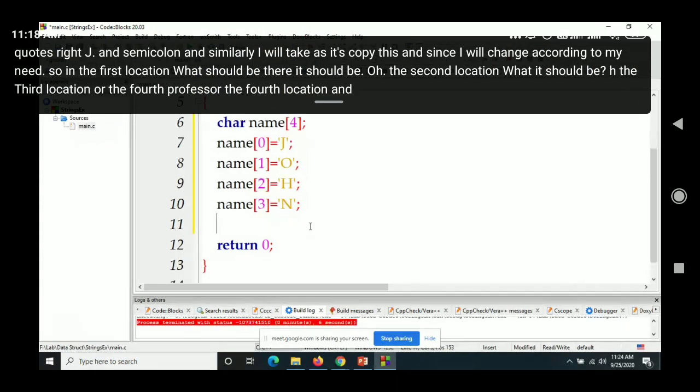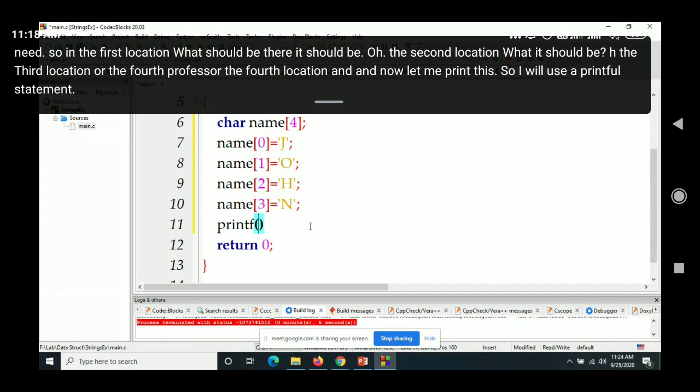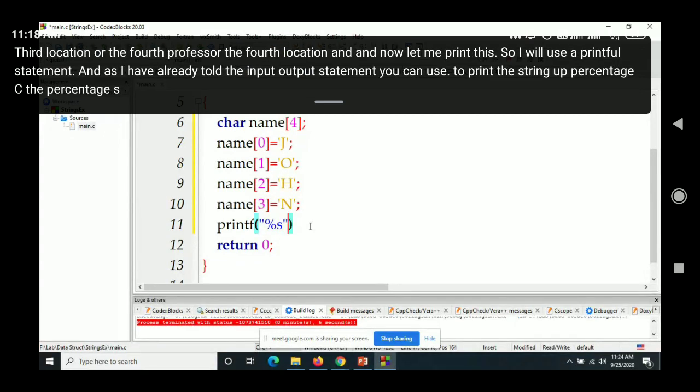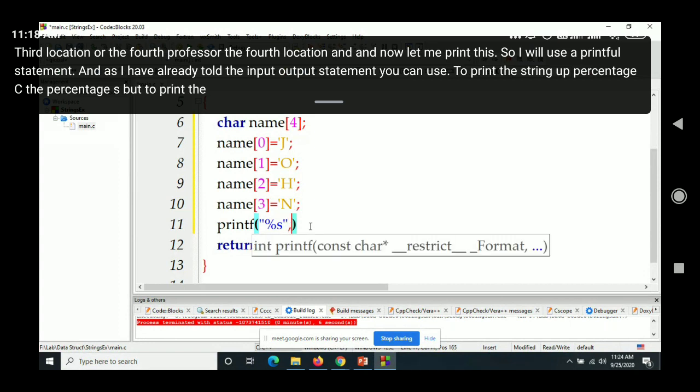And now let me print this. So I will use a printf statement. As I have already told, the input output statement you can use to print the string is %S, but to print a character, it is %C. So %S, and what is the name? It should be name.